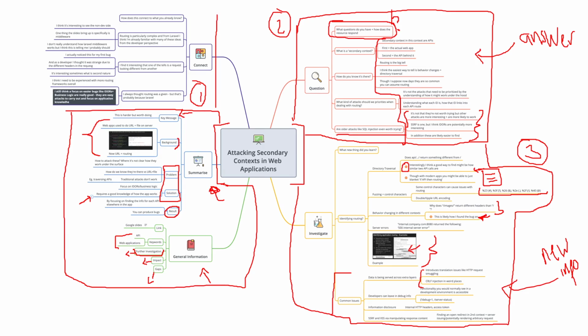Now up here we have step 4. And step 4 is to connect it to what I already know and what my knowledge is already. So, I found it interesting. I can connect it to what I know about Laravel here by talking about how routing works. I've got some notes here that are quite important where I'm talking about IDORs and business logic attacks. And yeah, so that is really